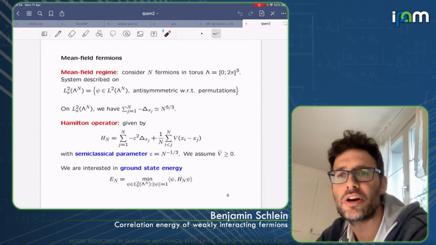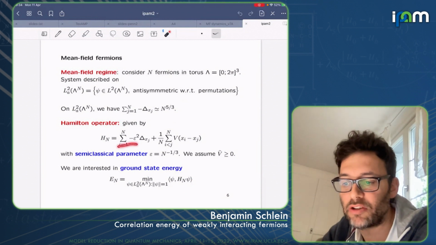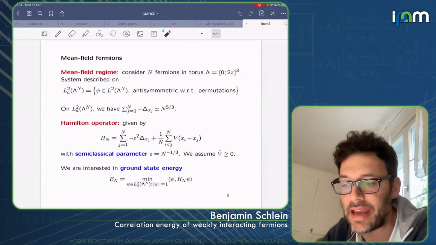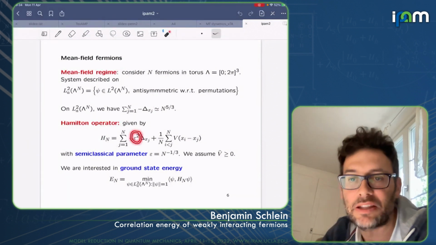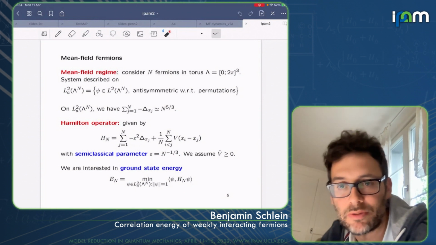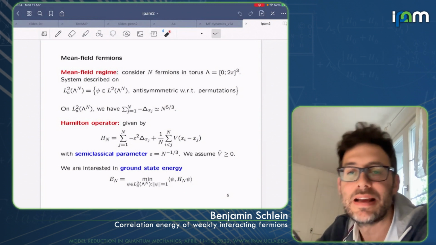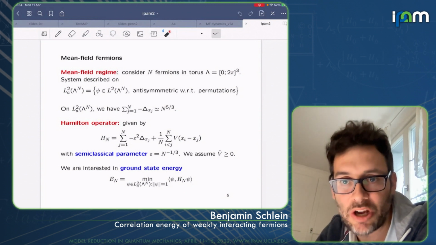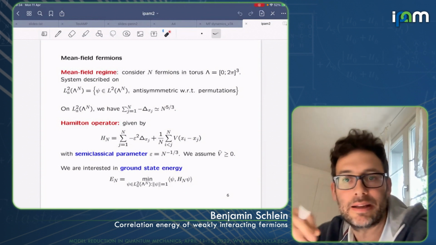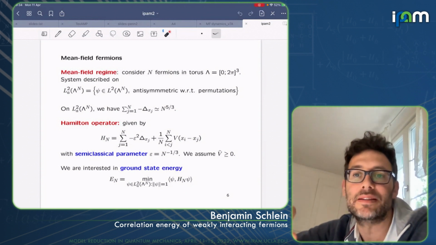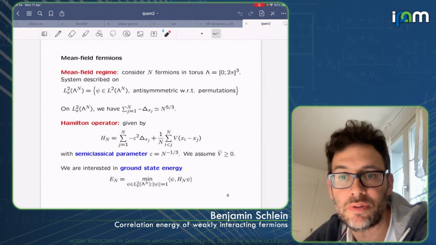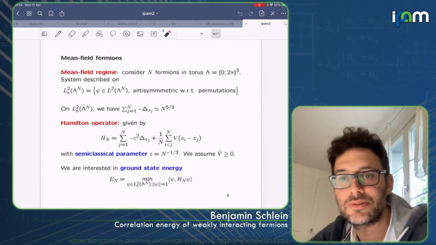Okay? So in order to make sure that both parts of the Hamiltonian are of order n, we rescale the kinetic energy, multiplying it with this factor epsilon squared, where we set epsilon to be n to the minus 1/3. So we think of epsilon as a semiclassical parameter, as Planck's constant. So effectively, the mean field limit for these fermions is linked with a semiclassical limit where Planck's constant is proportional to n to the minus 1/3 and converges to 0 as n goes to infinity.